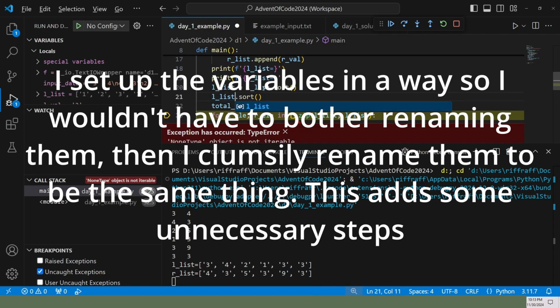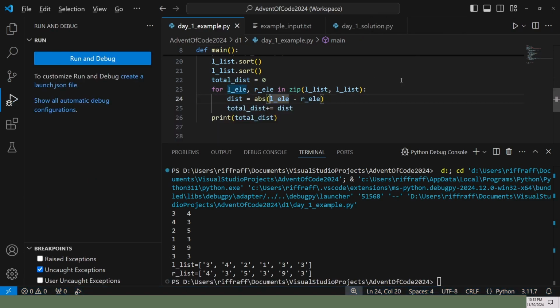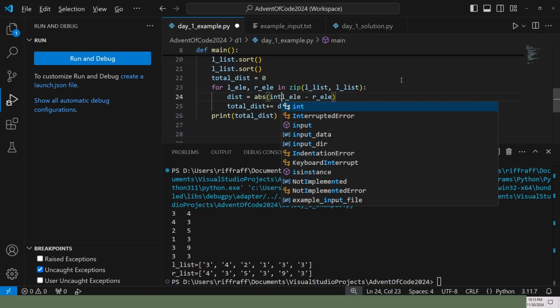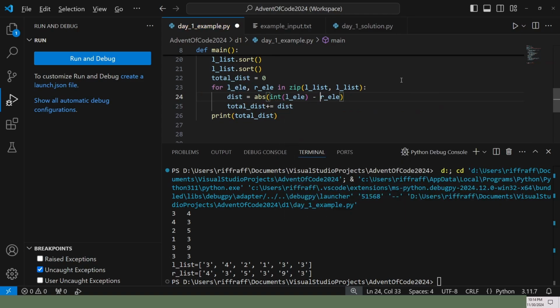And then we're just going to delete this. So these are strings. We got them from this text file. So we gotta make them like they were all integers. We're gonna make them integers.